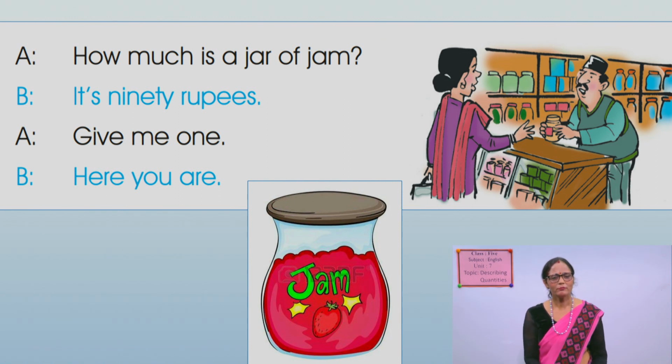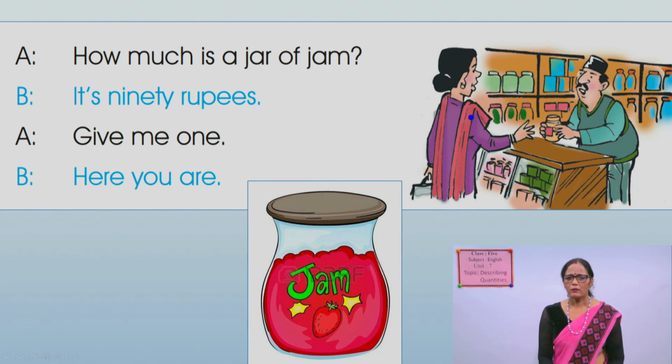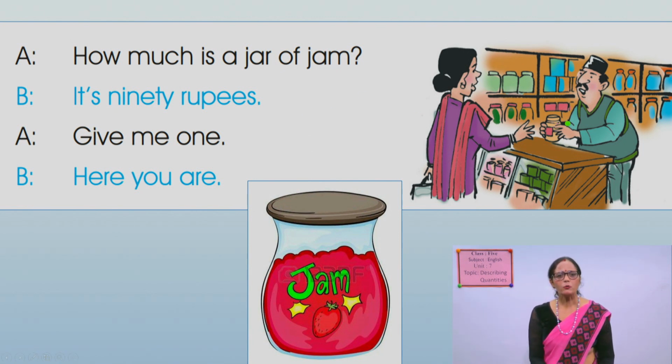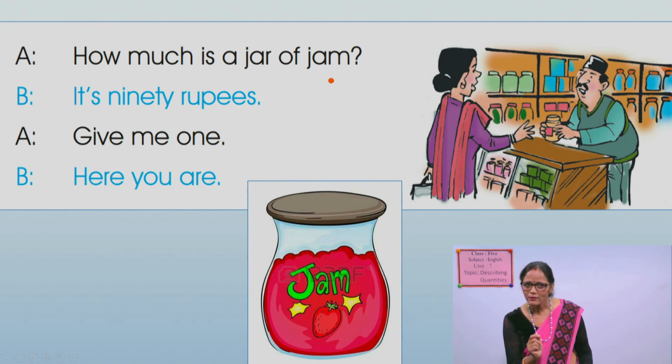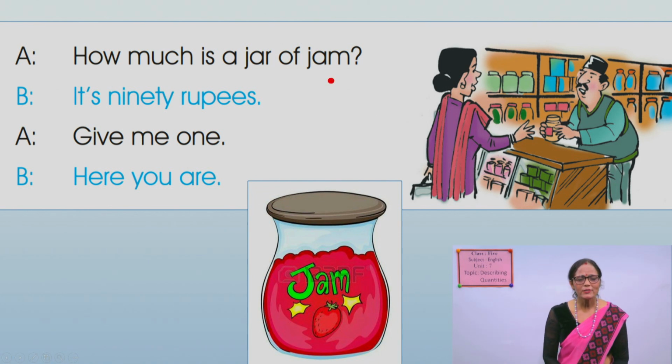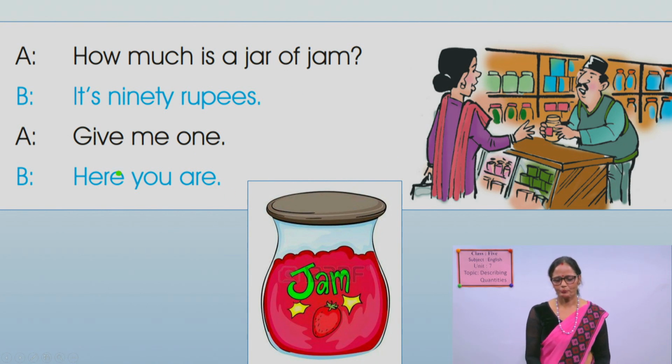Do you like jam? Yes, yes, it is good for breakfast. She also goes to the shop to buy a jar of jam. She asks for the price. How much is a jar of jam? How much? Yes, it's 90 rupees. Then how much jam does she like? She likes only a jar of jam. Now,